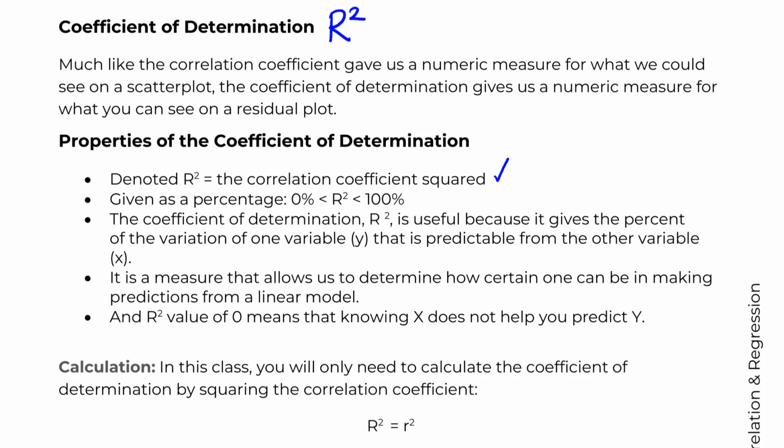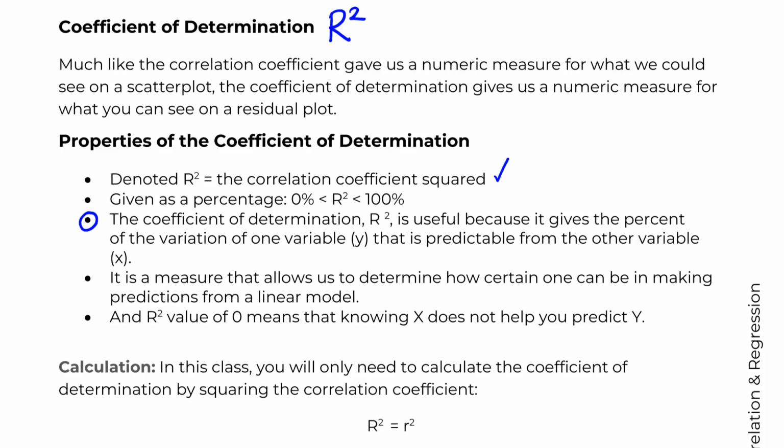And it's super useful because it gives the percent of the variation of y that can be predicted using the other variable. Let's put a pin in this. When we get to the interpretation, we'll chat more about what that means. But it's basically a measure of how good the predictive power of our line is. And 0 means that it's telling us absolutely nothing. The line is useless. Up to 100 means the line is telling us everything we need to know, because the